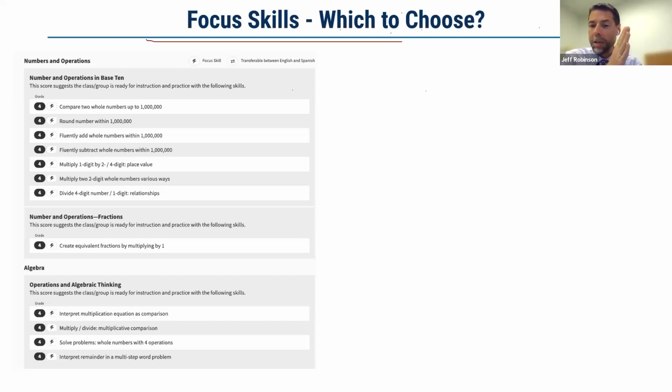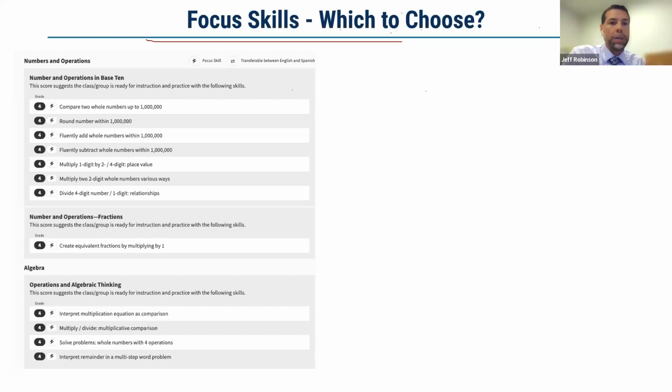So when we're looking at the median score, it's going to increase the likelihood the skills are relevant to you. But if you still want to narrow down the list of skills even more, you can run it with just focus skills, or you can run it for the whole list but just look for those focus skills as the ones that would be most important, especially if you have students who